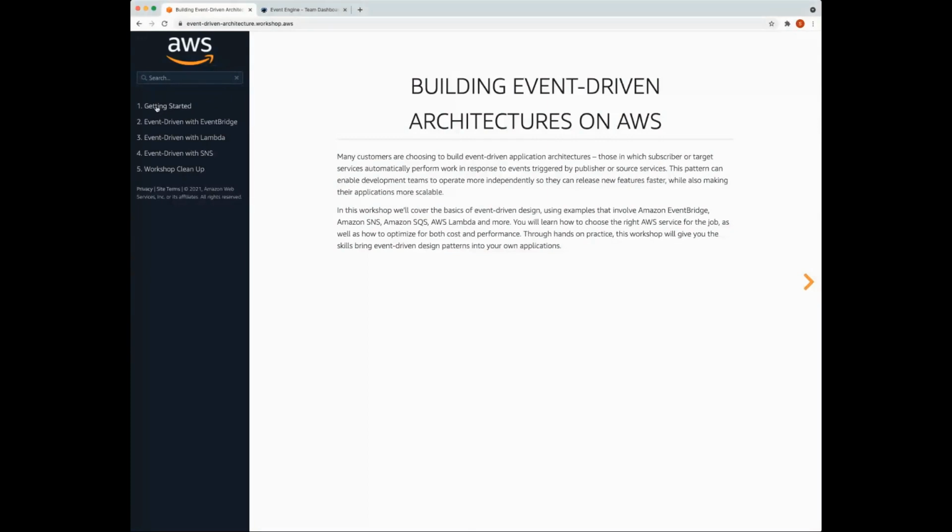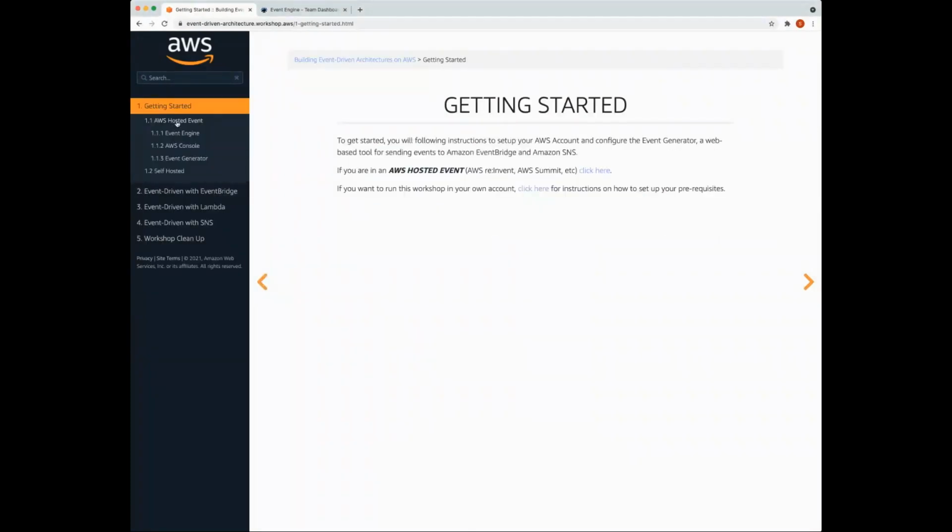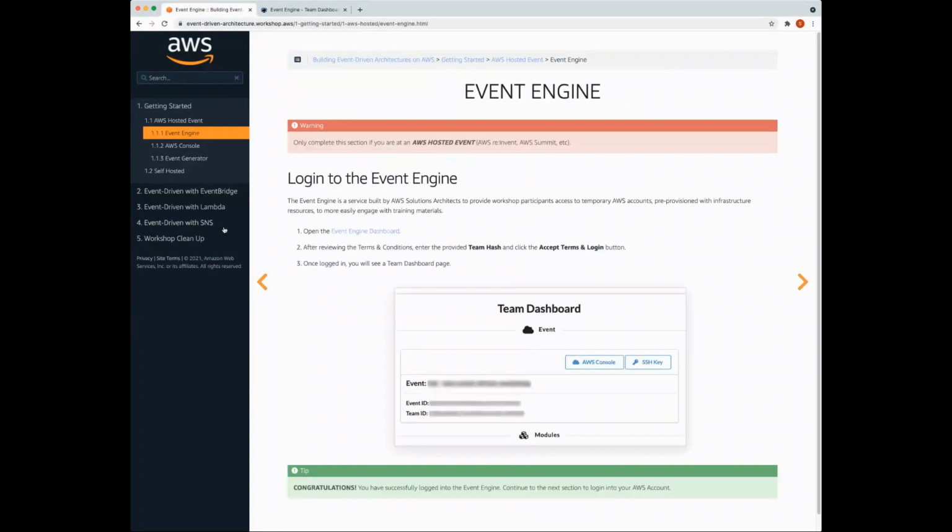So let's click on Getting Started here, and we go to Event Engine. We're going to need to log in. So if you're following along using the workshop link, there is a link here to open the Event Engine dashboard. So we're going to click on that link.